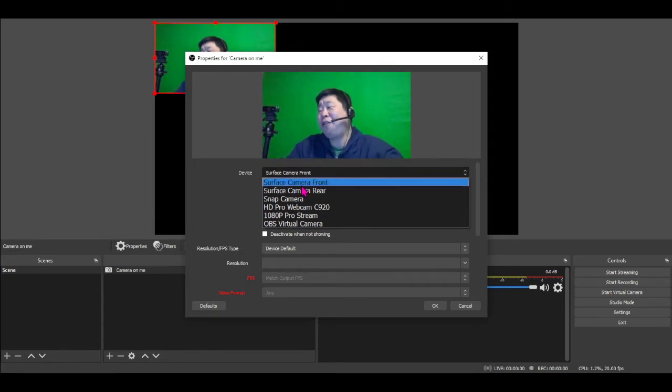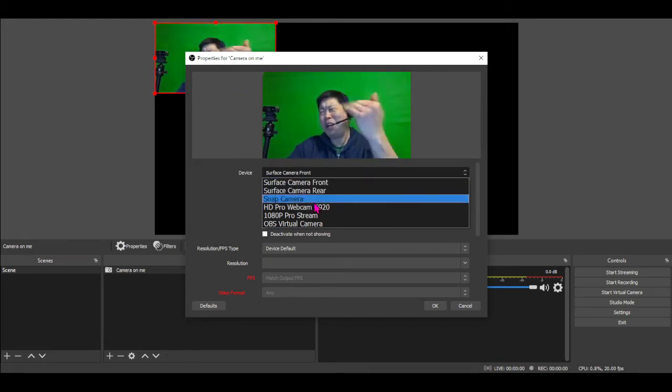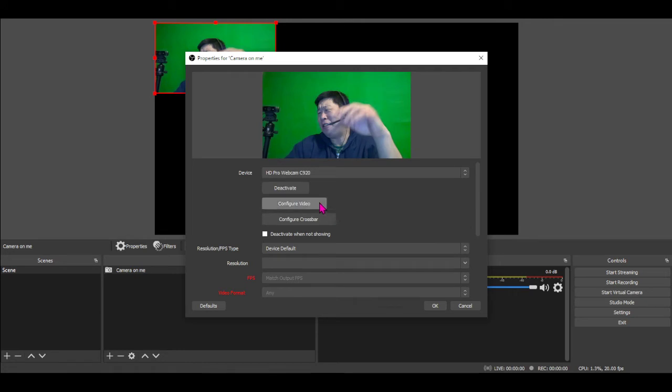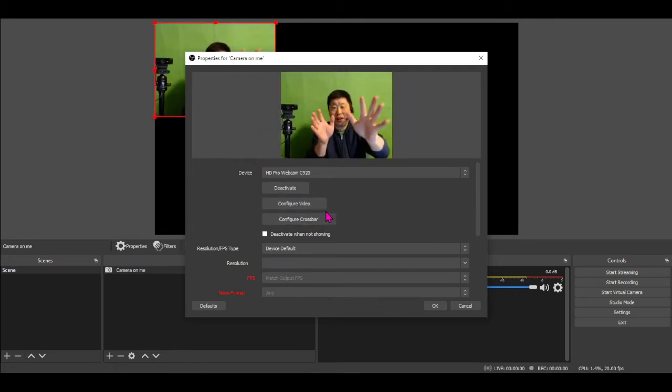The Surface Camera Front is the camera that is built into my laptop, my Surface Pro. I'm not going to use that. I'll use my nice Logitech C920 camera that I got for around $100 at the beginning of the pandemic. And so there it is, right? You see it on screen, but because it is a nice camera, I'm going to go ahead and do the following